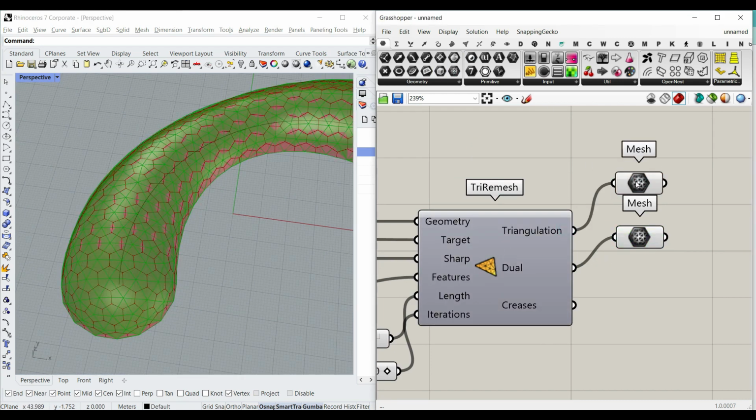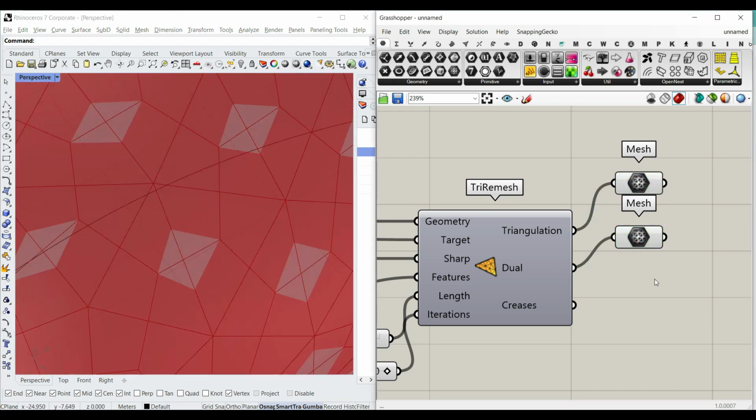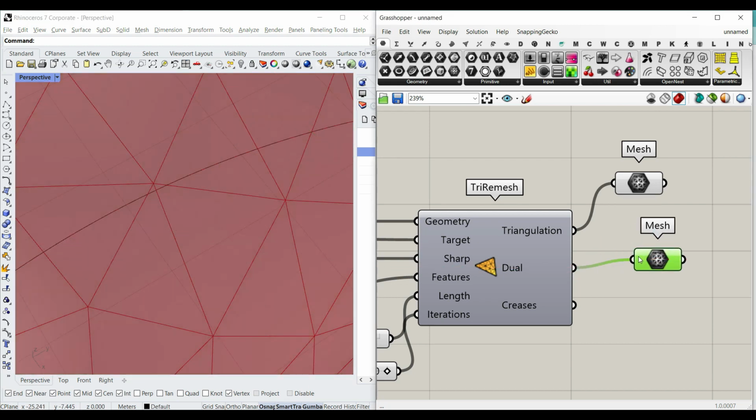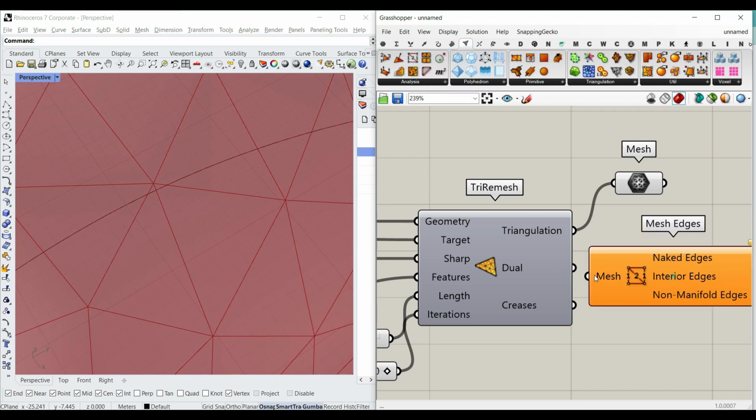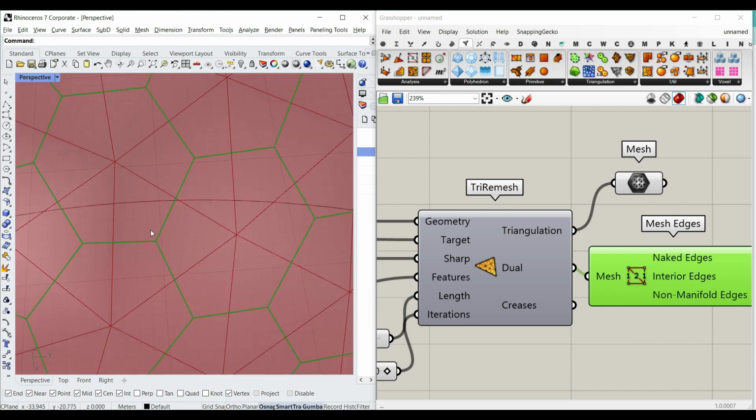And how it's produced is that if you have the base mesh here, let me explain it. If I can show you the base mesh, let me just take the mesh edges of the dual, so I can explain it here. Okay, if you have